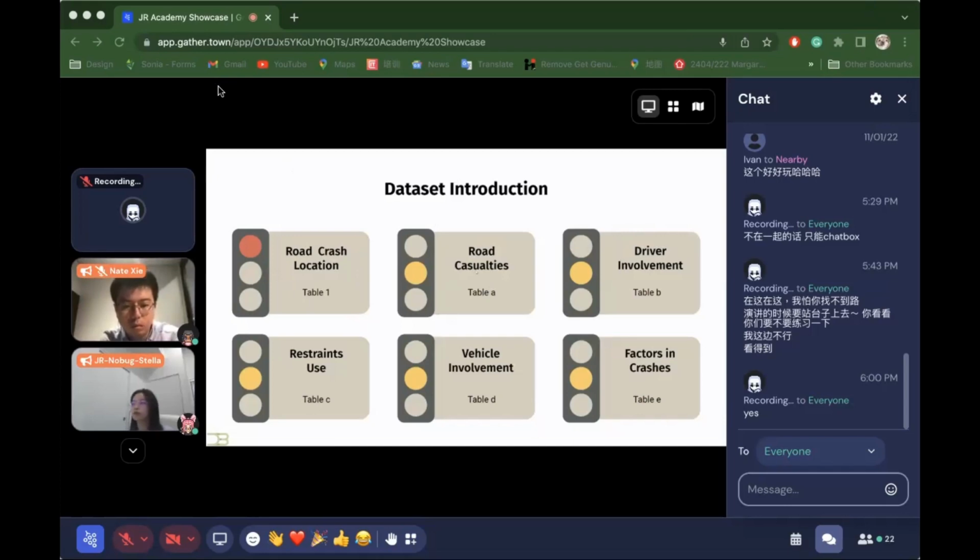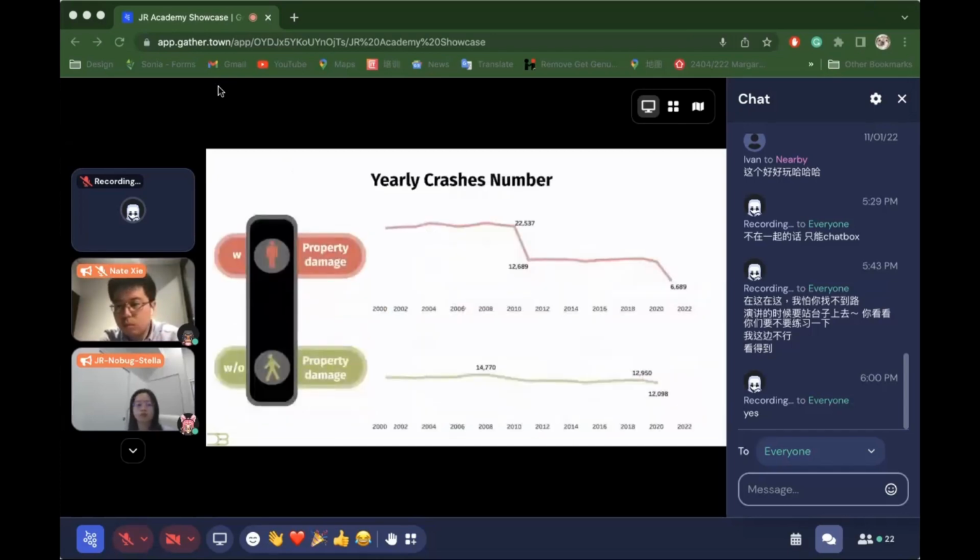Next page. We count the total number of crashes per year. 2021 has half-year data. That's why the value is just half of 2020, as shown in the red line. We also know the Queensland government stopped capturing property damage only for crash severity since 2011. This can explain the sharp decrease between 2010 and 2011. So after filtering them out in the green line, we can see 2020 is the lowest,